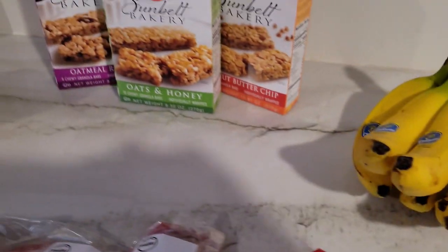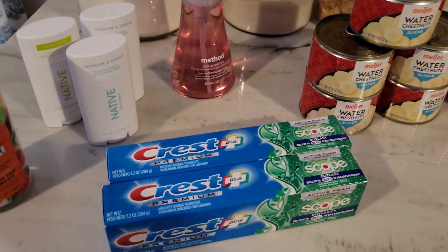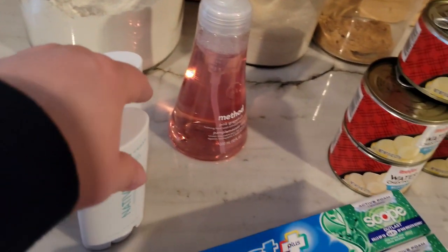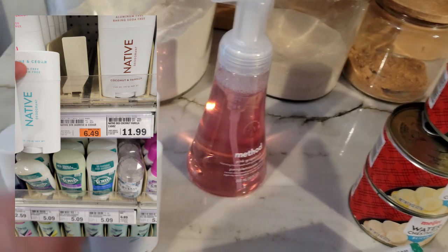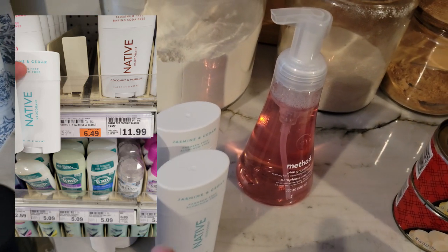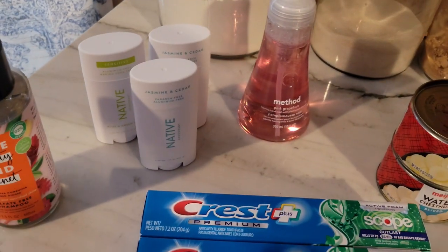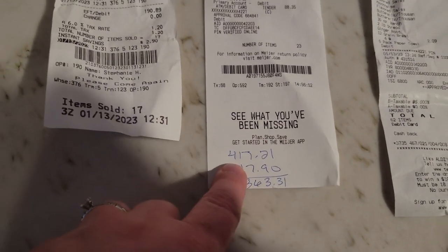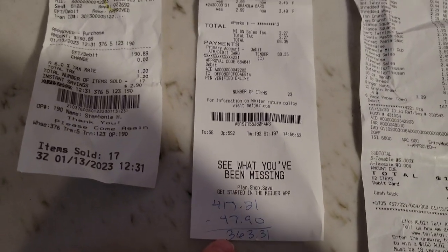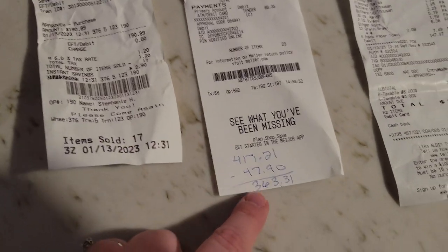Do you agree? I went over budget, and this is why I went over budget. I'm going to go over my receipt in a second, but these natives, if you use native, you know these are $11 to $13 a piece. They had these on clearance for $6.74. I had to get them because Mike and I use these, and that'll last us for 3 or 4 months. Now that all adds up to $417.21. My budget is $350, but if you subtract the extra stuff I bought because of the good sales, it brings me down to